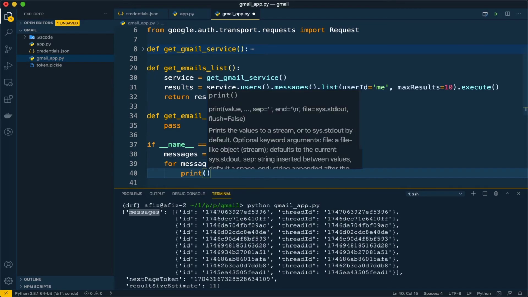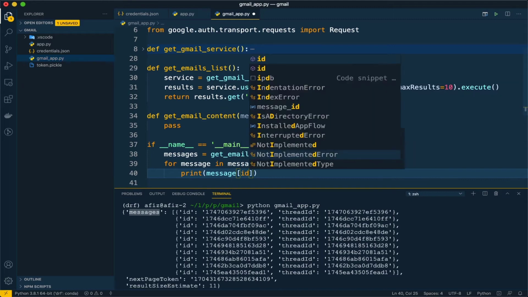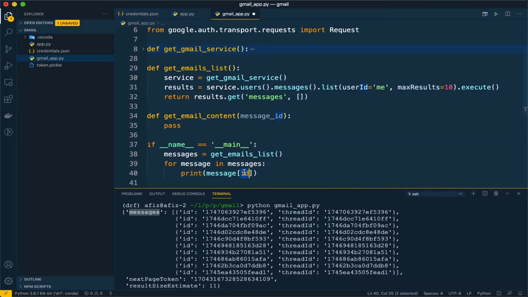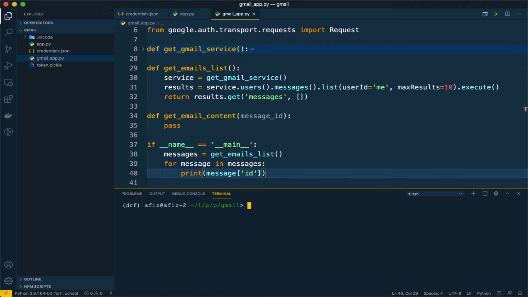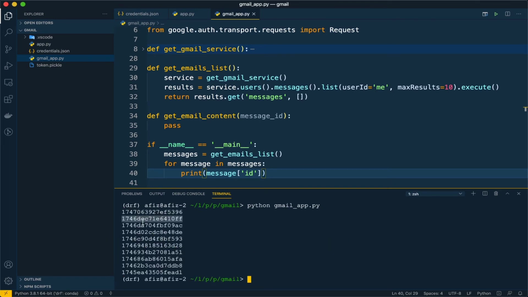Finally, print message of ID. Something like this. Let's rerun this program. Yeah, cool. So we have the email IDs.